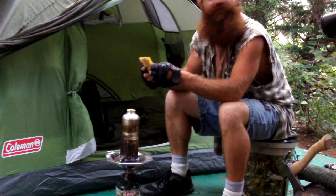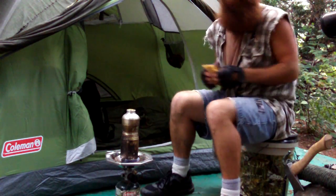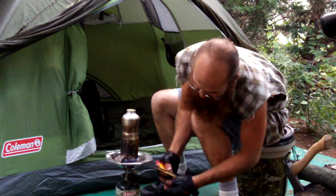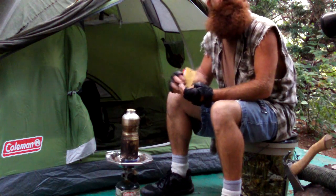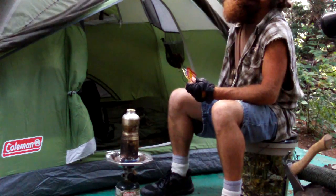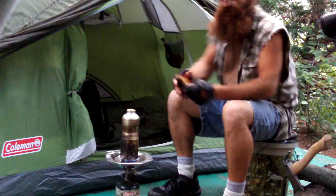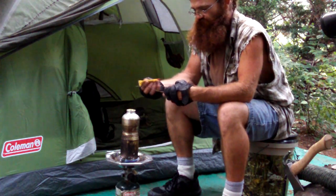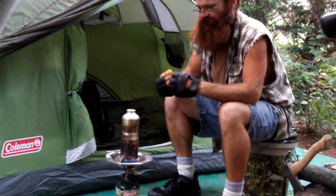Don't be a dumbass. Anyhow, while we're having a spot of tea, enjoying the fruits of our labor from this wonderful tent we got from Coleman, which I'm very happy to have because it seems pretty sturdy, medium grade material. It's not heavy duty military like I have this canopy on top here. It kind of makes it blend in better, but as we domesticate it a little bit more, we'll figure it out, right? But I thought while we were enjoying the evening,